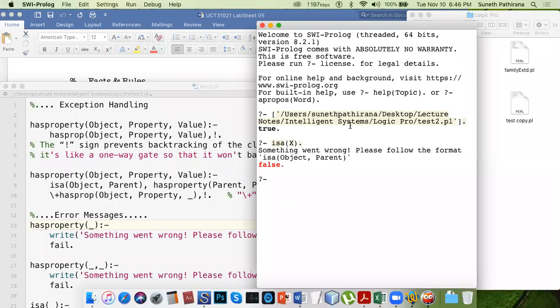Something went wrong. Please follow the format: is a object followed by parent. There should be two parameters. Again, I try to put three parameters: x, y, z.